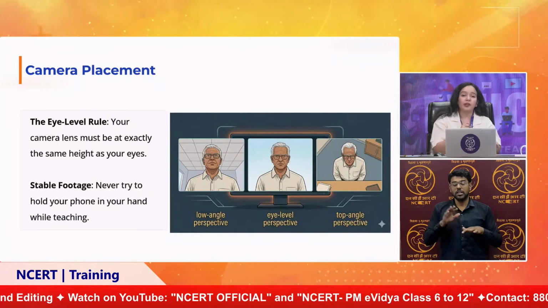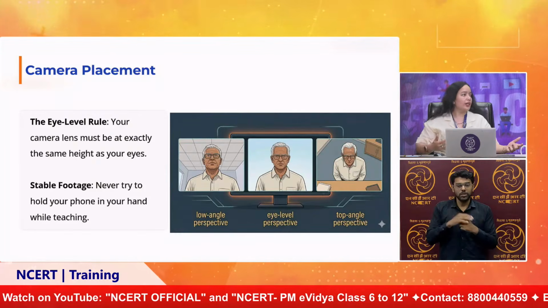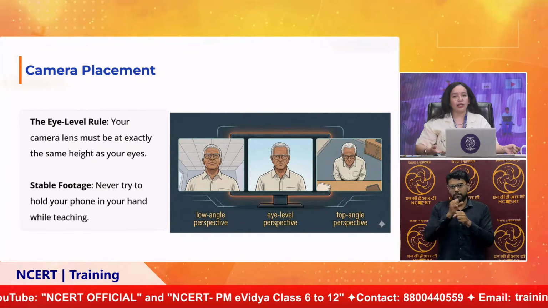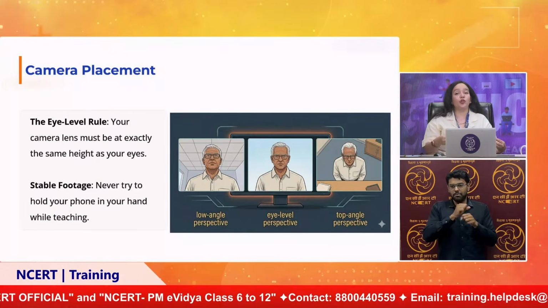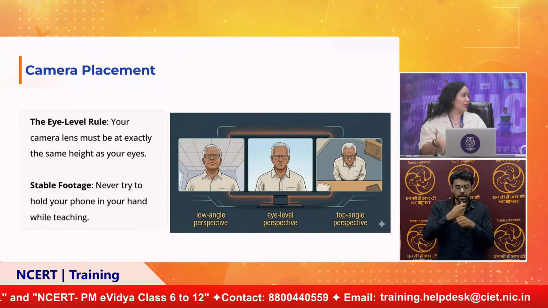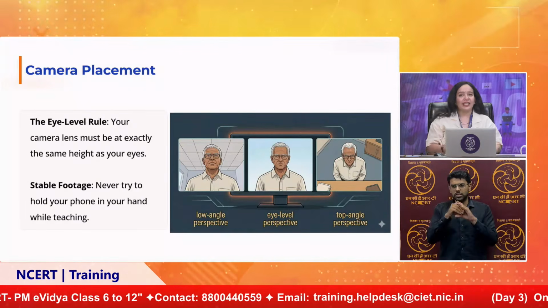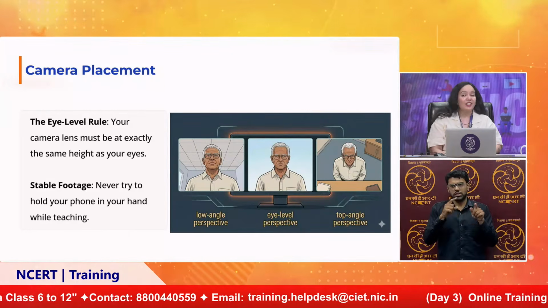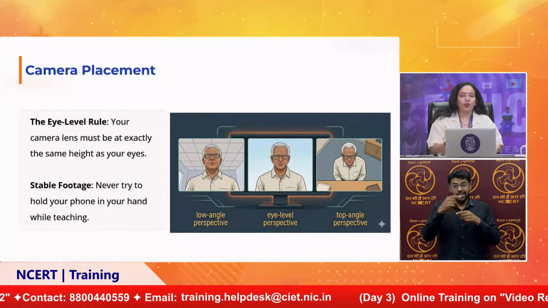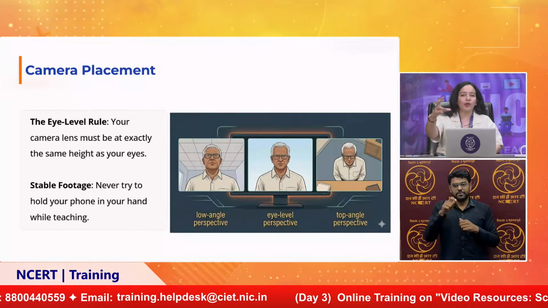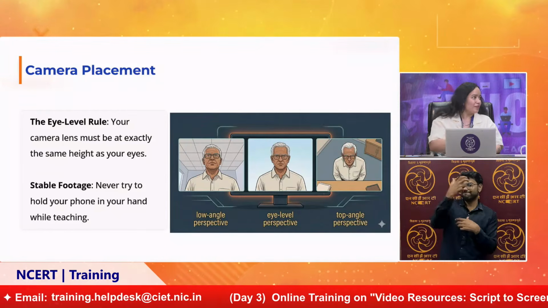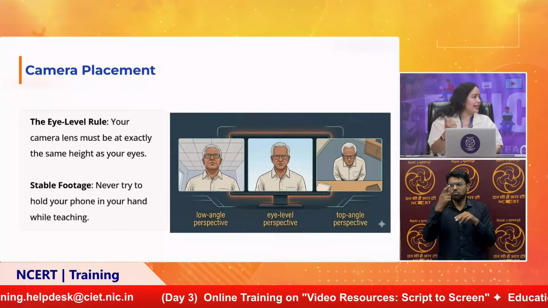And another thing, when you are starting to create your own content, you must be the cameraman. You'll be the cameraman, you'll be the audio technician and everything. So it's like a one-person army. Yeah. So in that case, you can't just hold the camera in your hand and start recording, because for how long will you stand like that?